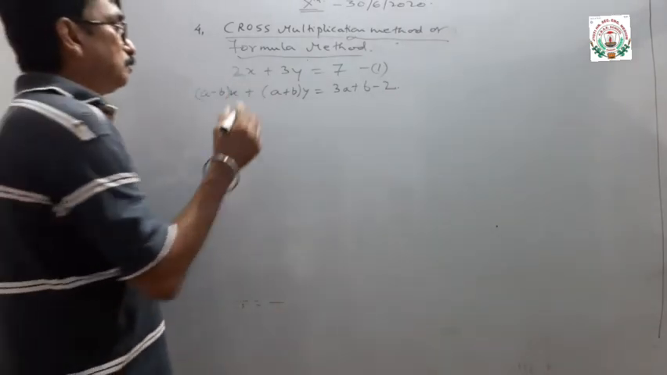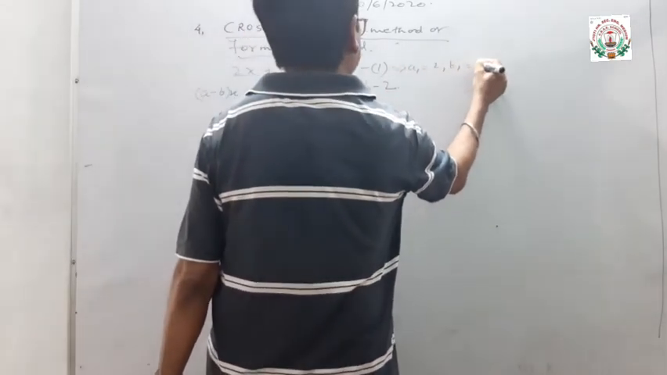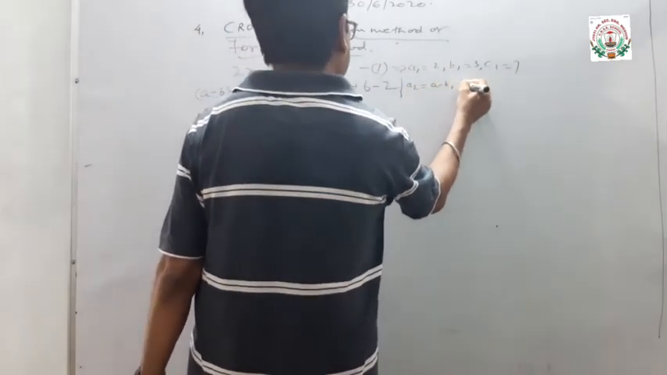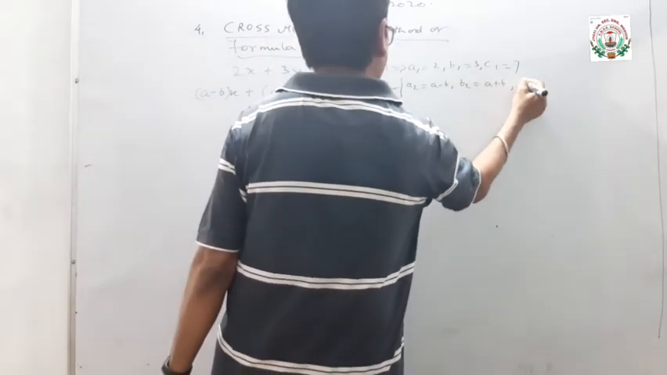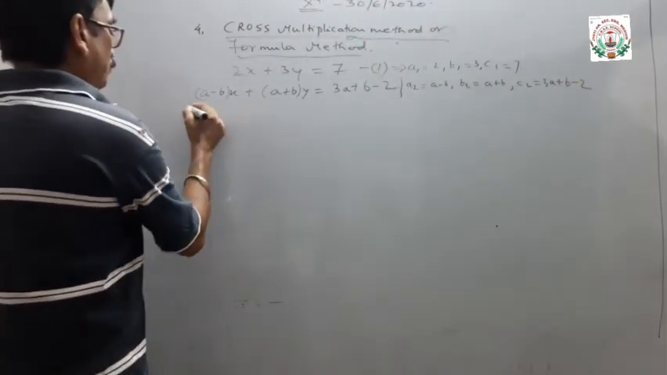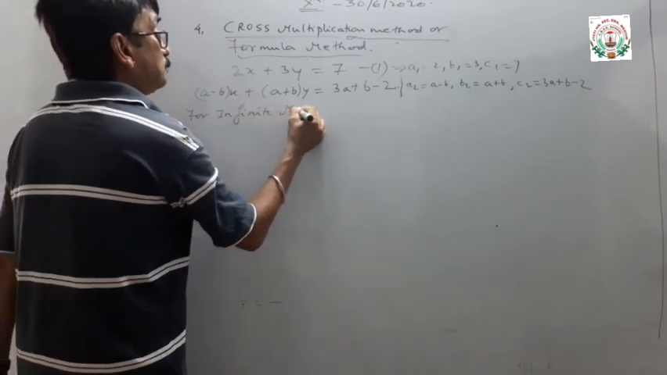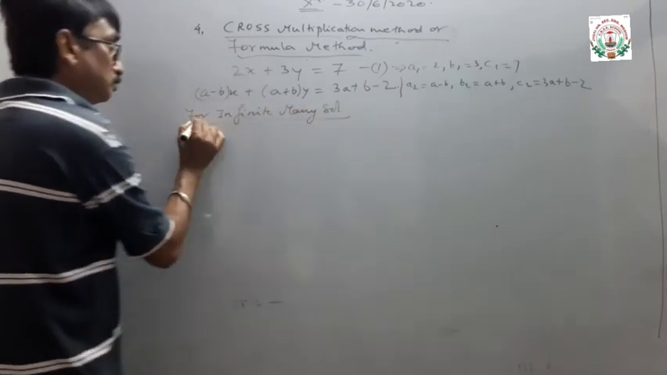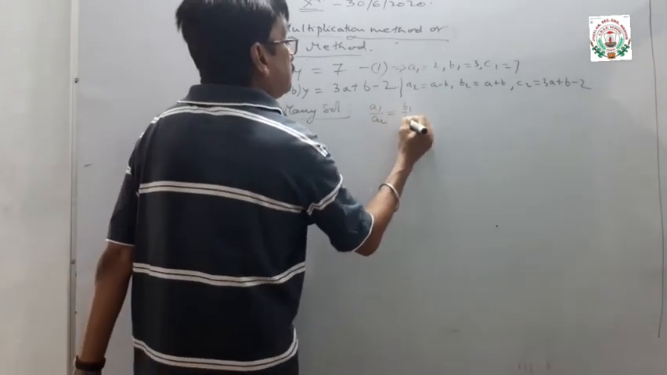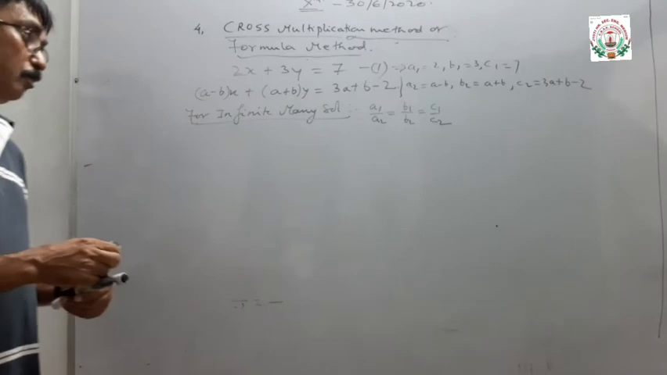So here first let us compare. a1 value is 2, b1 value is 3, c1 value is 7, and here a2 value is a minus b, b2 value is a plus b and c2 value is 3a plus b minus 2. For infinitely many solutions, we know that our condition is that a1 by a2 is equal to b1 by b2 is equal to c1 by c2. That means all three ratios are equal, and here we